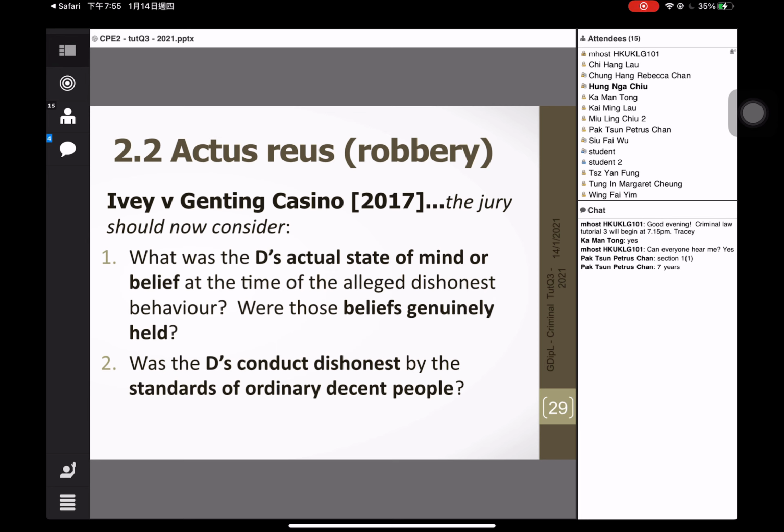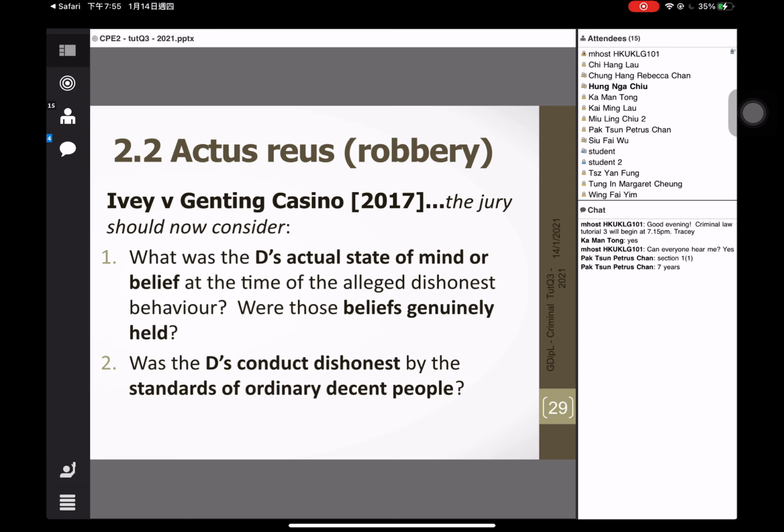And he had gone to the Genting Casinos in Mayfair in London, and he had played a baccarat type game called Punto Banco, and he had won 7.7 million